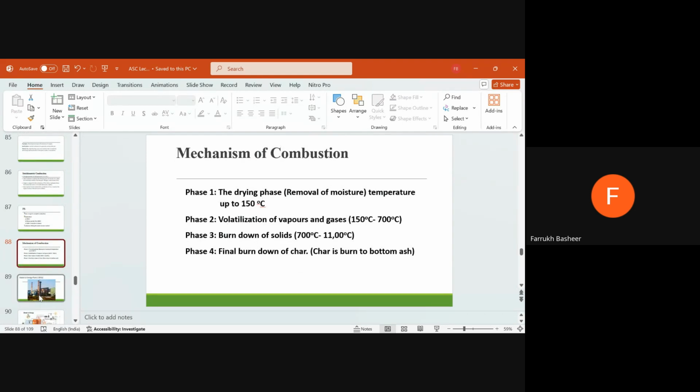Now there will be 3 or 4 phases in the mechanism of combustion. Initially you have to dry your solid waste to remove the moisture, so that will be done at 150 degrees centigrade. Now for volatilization of vapors and gases, you have to raise the temperature of the solid waste to 150 to 700 degrees centigrade, and then we have to burn the solid waste at a very high temperature, that